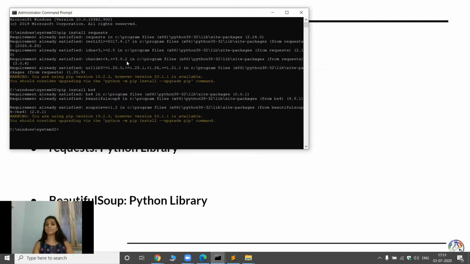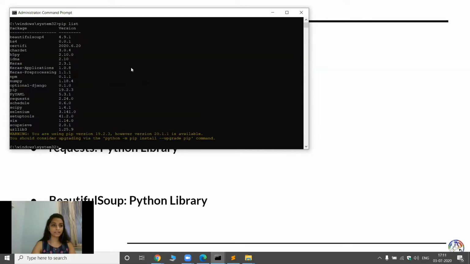Again, I'm getting the message "requirement already satisfied" because I already have it. Now if I show you the list of things that I have, you can see bs4 and requests are both present here. Now we can move to the coding part.